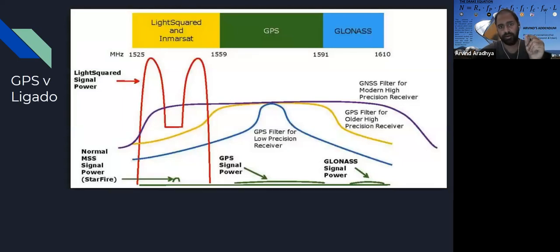I said earlier I'd talk about why interference actually happens. It's something called out-of-band emission. What out-of-band emission is: if you take any active device, I don't know how familiar people are with basic electronics, but you have passive components, which are resistors, capacitors, inductors. They don't need power to be supplied to them to operate. But you have other devices like a transistor, which is an active device. You need to give it power, and then you supply a signal, so you're giving it a power signal and your actual voltage signal, which you want to modify in some way.